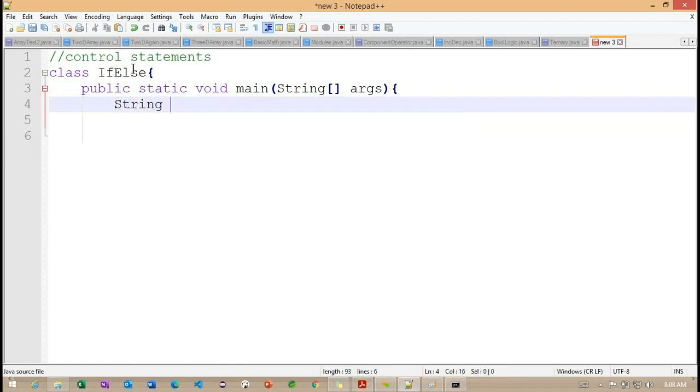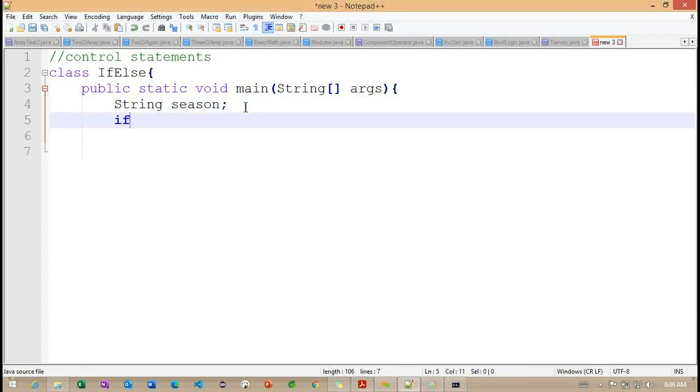If else. Getting the point? And here, as of now, don't worry about this particular string data type. Ignore the string data type for now. Just focus on how we can work with the if and else condition and how we can use it here. Now I'm going to write one condition, something called an if condition.